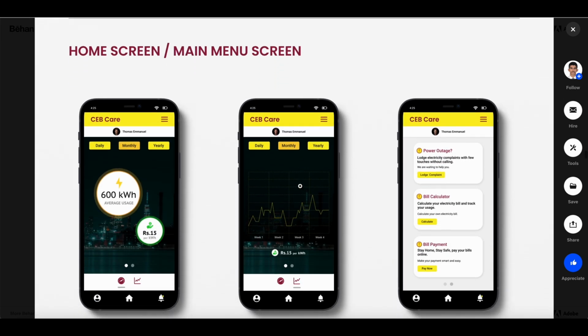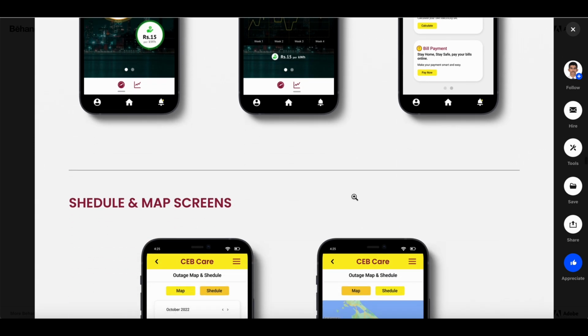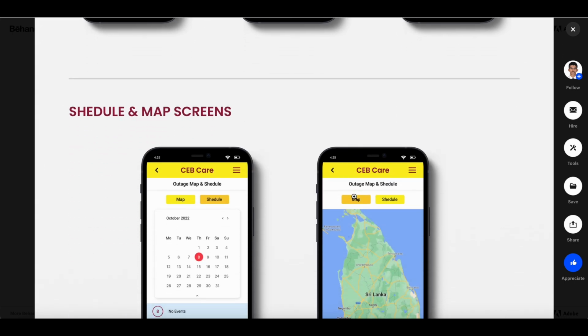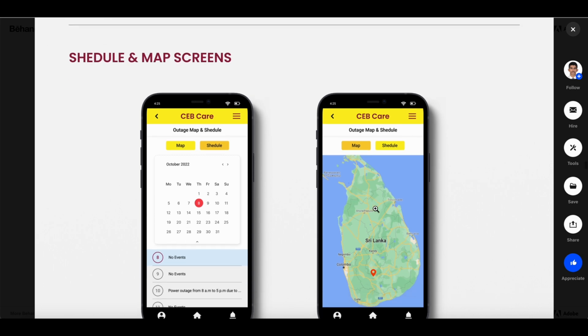And home screen, main menu. Now, I'm not going to comment anything on his visual design abilities, which he can improve a lot, I would say. It's a totally different subject to this case study review, so I'm not going to talk about that aspect. And here comes the schedule and map screens. So he has presented the calendar, and he has given the